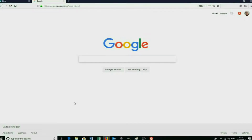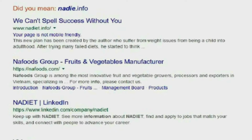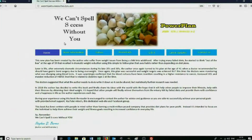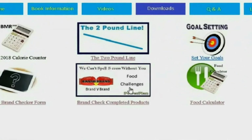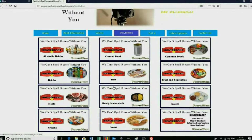So the first thing we need to do is log onto the internet and type in nadiet.info in Google, and that will take us to our webpage, We Can't Spell Success Without You. Click on downloads and then click on the brand versus brand food challenge icon. This will give us a list of all the foods that are available in categories such as canned food, ready-made meals. So today we're going to take a look at